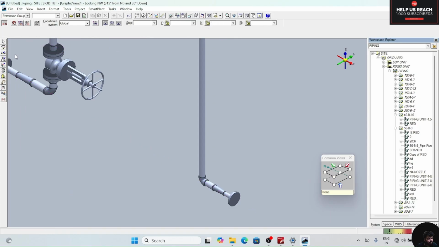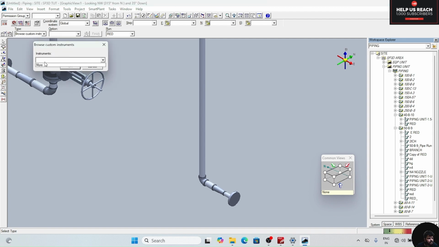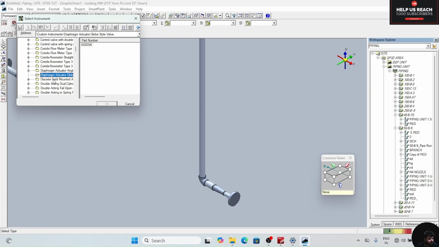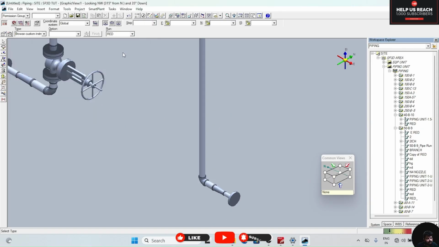Again insert component, gate valve or control valve. For that, browse custom instrument, drop down this, click on more, drop down this, select any valve, select the valve, click OK, click on finish.